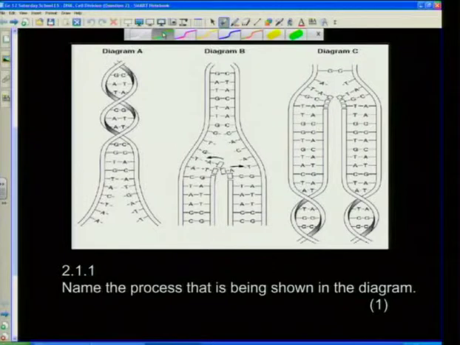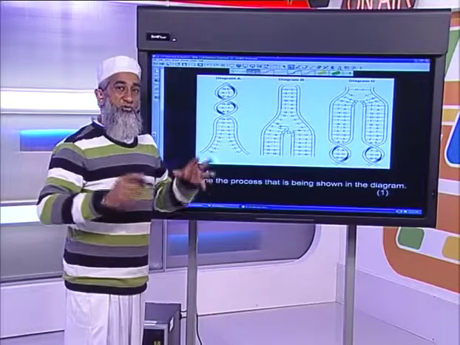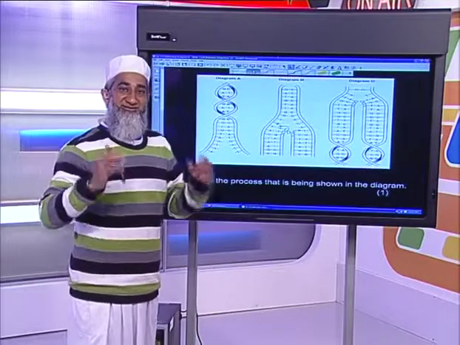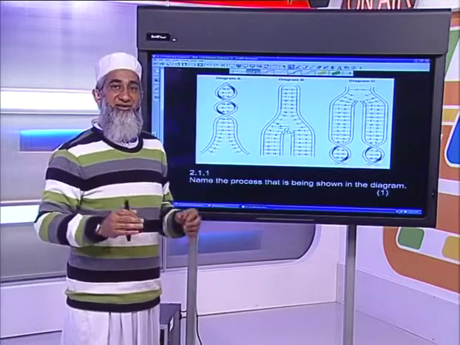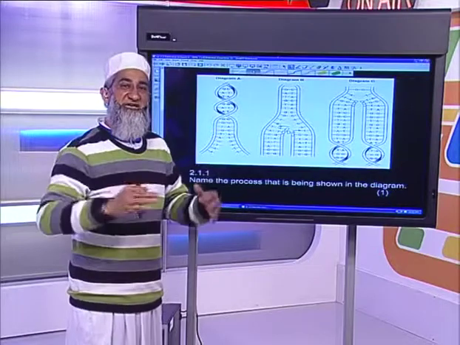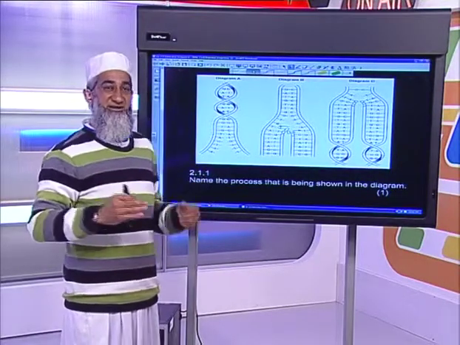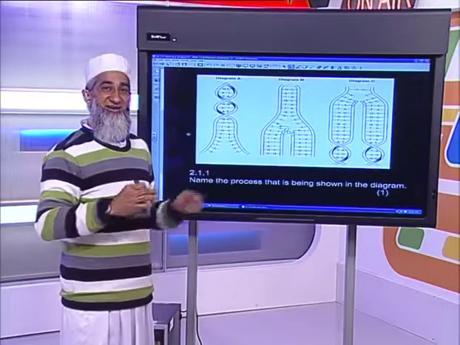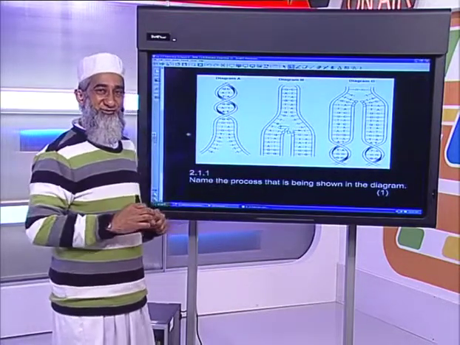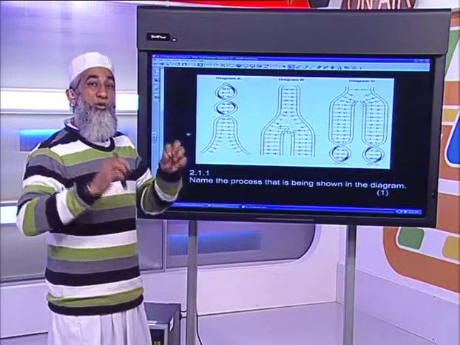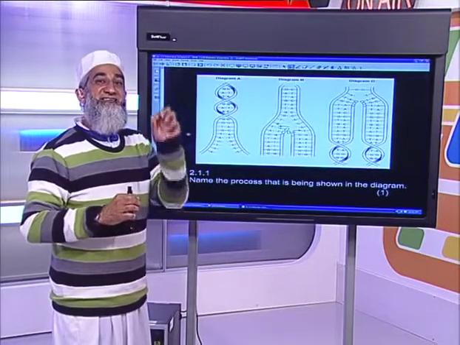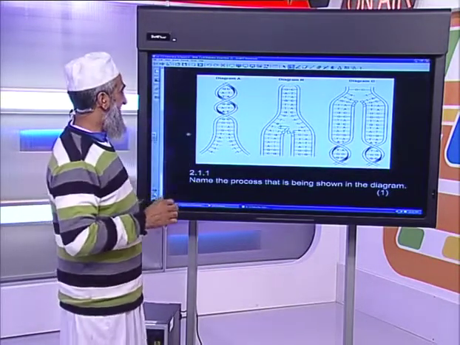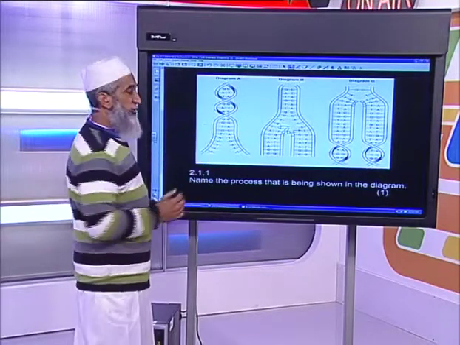So that's A, B, and C. And here, guys, look at these diagrams. I always tell my learners, it is better to learn from a diagram than to learn from chunks and chunks of text. If you can learn this diagram off, this diagram gives you the whole process of replication. And what I tell my learners is learn simple words when you see these diagrams. Give these diagrams your own names.